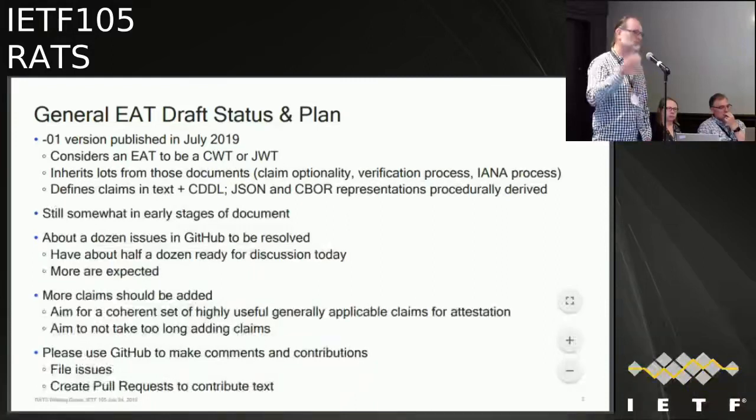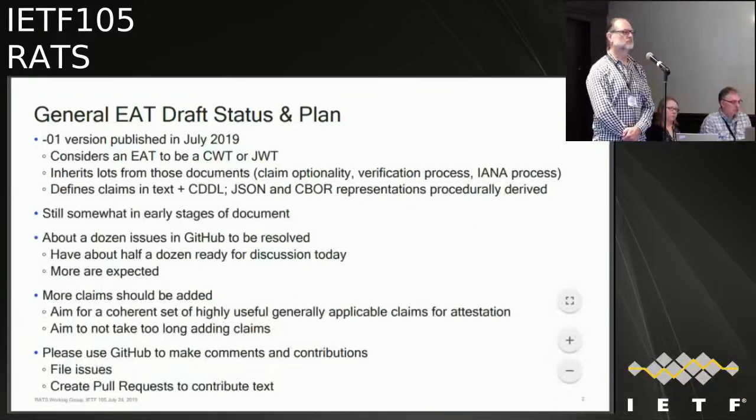Go ahead, Mike. Mike Jones, Microsoft. I think we're already aligned on this, but I'll state for the record that when we developed the claims in the JWT and the CWT specs, we made it explicitly use case driven. We wanted to look for claims that we believed there were existing use cases that would use them immediately. And if so, we put them in. Otherwise, we provided registries where people could add them later. And I think that's worked out well.